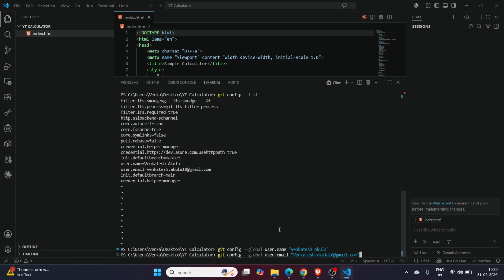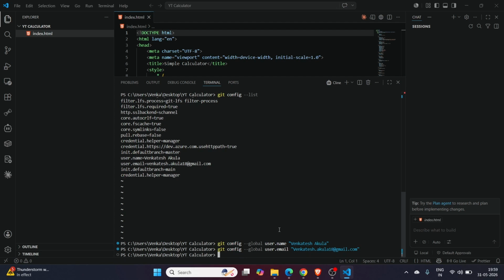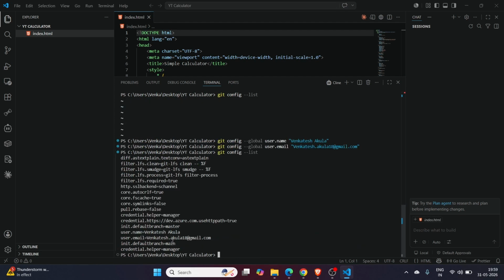So this is how you configure the first thing, and then if you want to check again, what you have to do is git config --list. It will display the configurations that you have for your Git. Now, let's set the commands that are required for Git version control. Now, you see this code, it doesn't display anything,